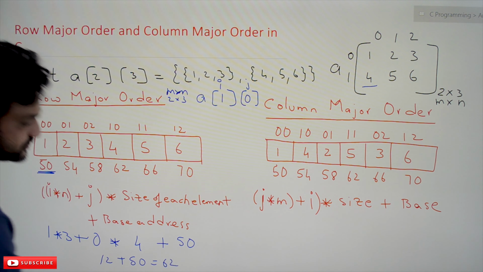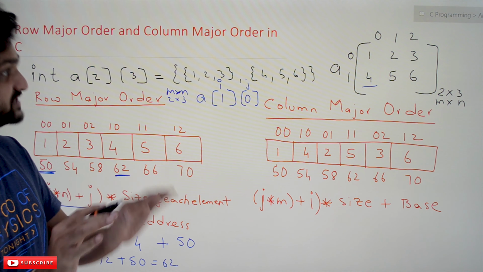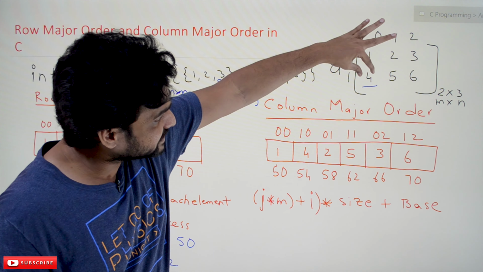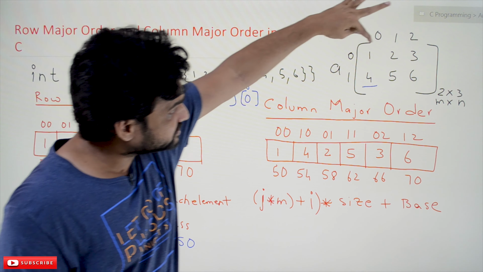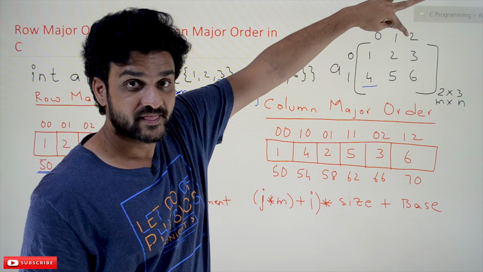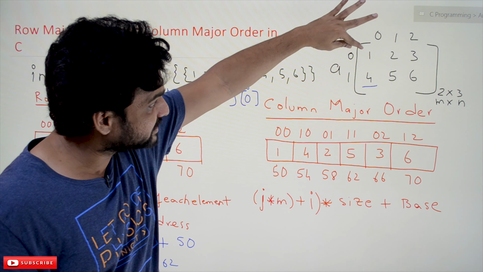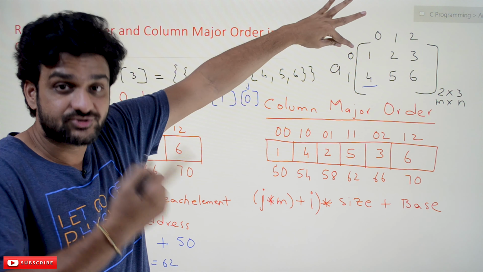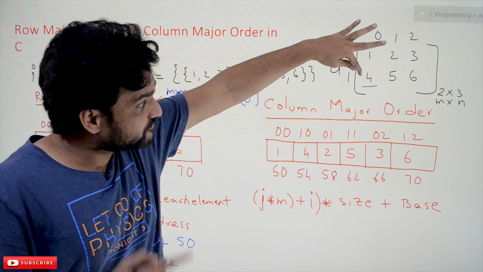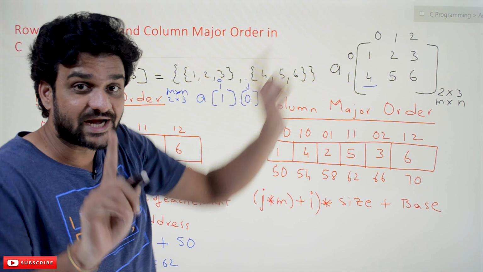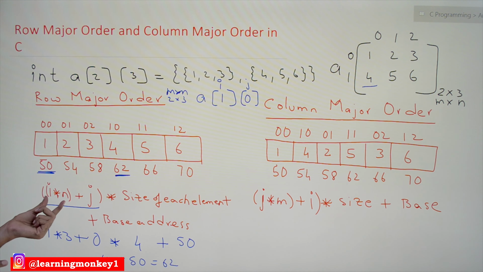So the entire logic of this formula is there in this part. I into 3, what does it mean? Try to understand this point. I into 3 means, in order to access this element, because it is row major order, we have to cross 3 columns, and after that we are going to get the element. So that is decided by this I into 3.